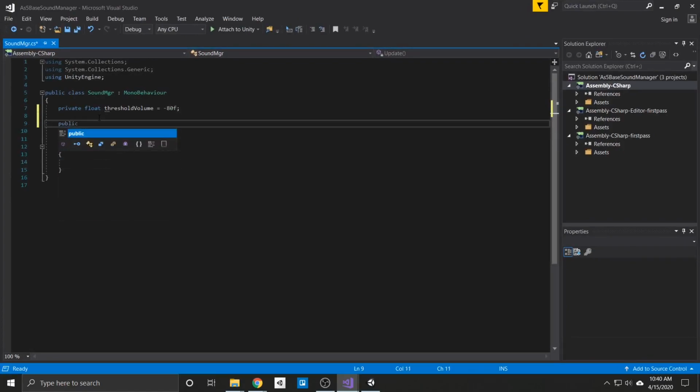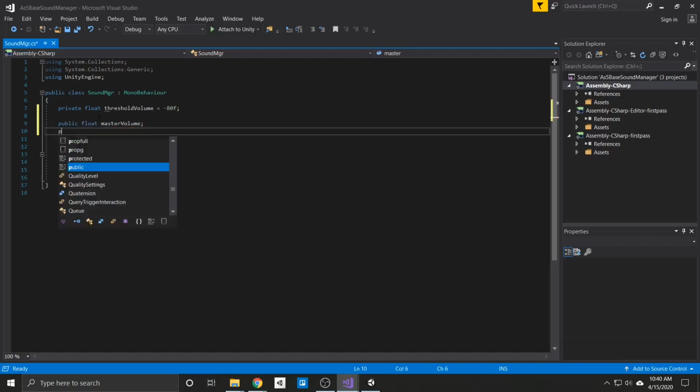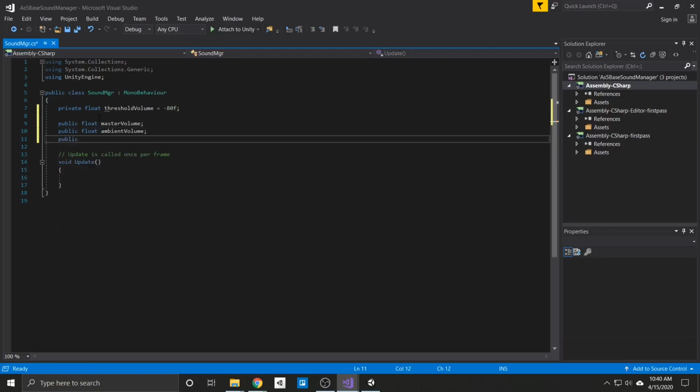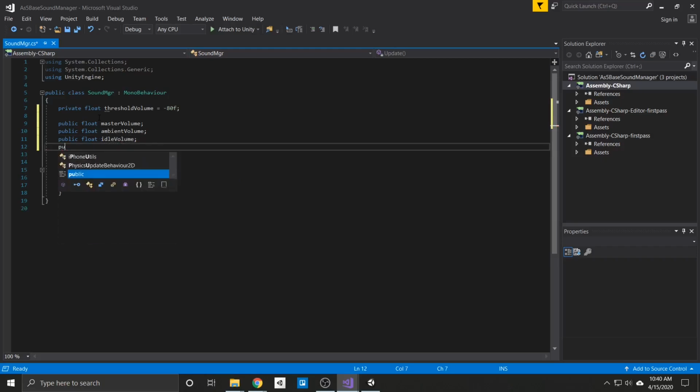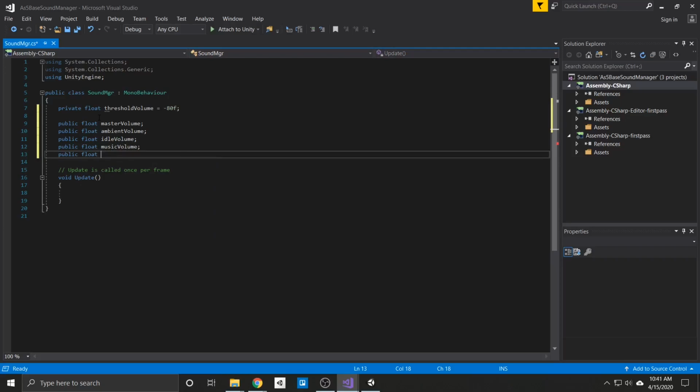So I'm going to create a float for master volume. I'm going to create a public float for all the other subcategories. So we have ambient volume, we have idle volume, we have music volume, and then we have effects volume. Okay, so now if I go ahead and save, and then I go back into Unity,